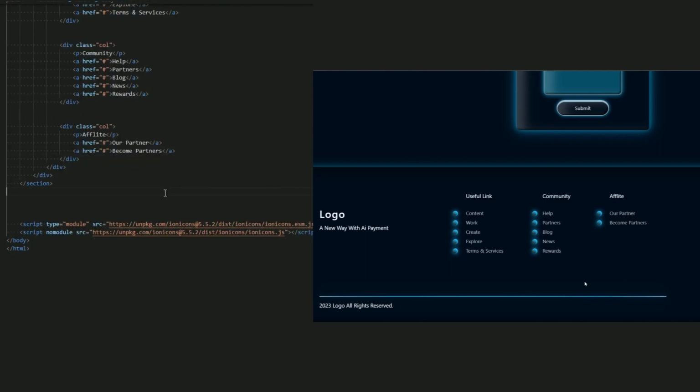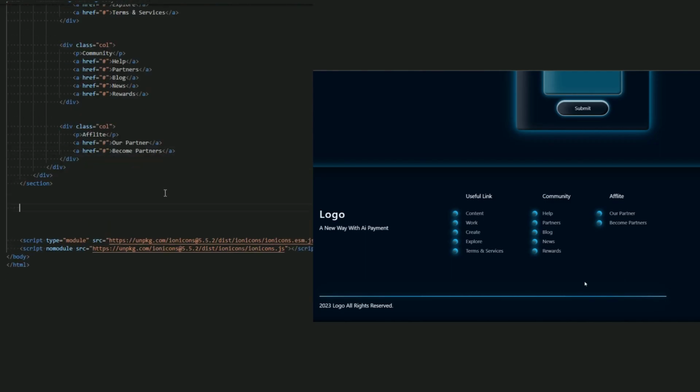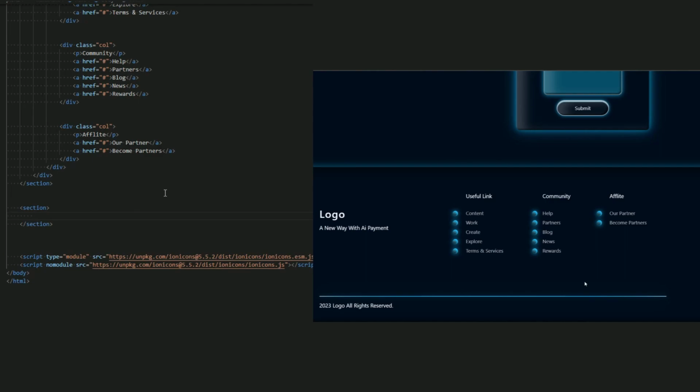Yep, everything is set. Now let's add a section. Let me create it, and let me add a class list for it, because I want to add a padding of 0 instead of adding a padding. Now inside it, let me name it copyright div.